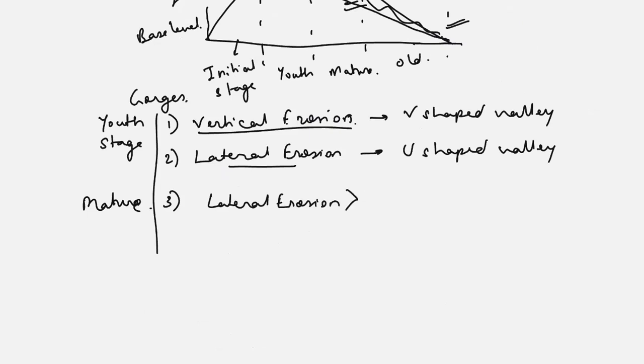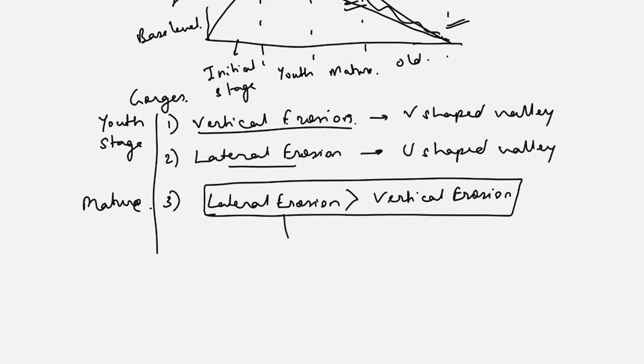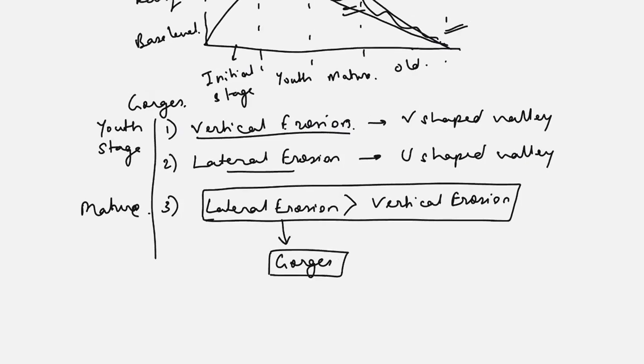So under this condition, where we have lateral erosion greater than the vertical erosion, this results in the formation of gorges. So this is the stage where we see that the gorges are formed in these different phases here. Okay, so this is one condition which we can see. Now, when we see here